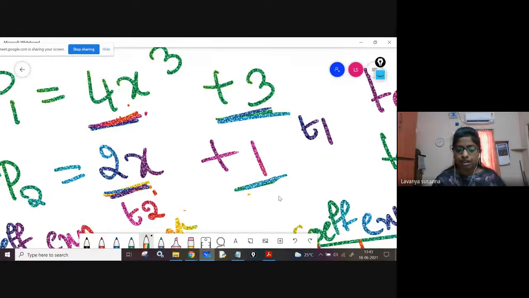this term, one term. Now you should make T2, temp 2, point to the 2x. That means it should point to the first node. Why? Because you have to multiply this 3 with 2x. If you want to multiply, there must be a pointer, right? T2. So you should make T2 point to the first node. Again repeat the process. 3 into 2x you are going to multiply. After multiplying you will get some result, like 3 into 2x is 6x. After getting the 6x, what you are going to do? You are going to create a node for 6x. Like that you are going to do.